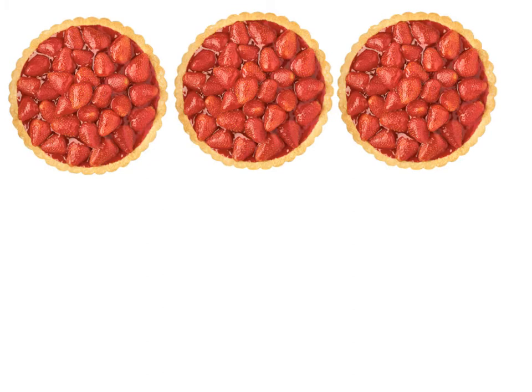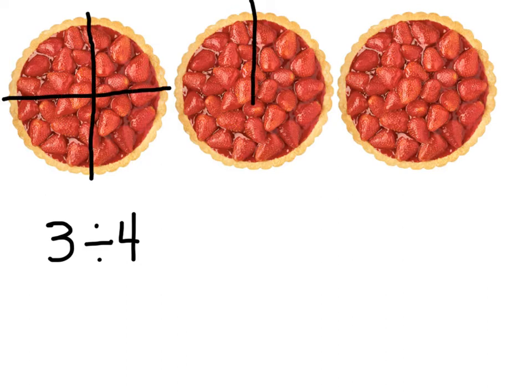Let's work another problem like this together. Mr. Sheldon cuts 3 strawberry pies to share equally among 4 children. What fraction of a strawberry pie does each child get? Well, we're going to begin by dividing 3 by 4. The easiest way to divide the pies would be to cut them into equal quarters. So let's go ahead and do that. There. Now, if each child receives an equal share, and each strawberry pie is divided into 4 equal pieces, with each piece being 1/4 of the pie,